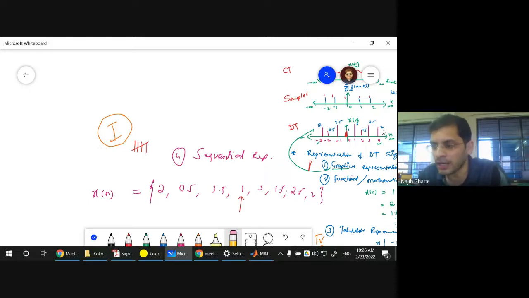No idea. I will assume it to be 0. So if someone asks me what is the value at 2.25, 3.25, 4.25, minus 1.25, so I will say I don't have sample. I assume to be 0. I interpolate as a 0. So 0 is an estimation, 0 is an approximation, 0 is an interpolation. Okay. So 0 is not the value given by discrete time signal. I assume it to be 0 because I don't have a sample available at that point. Okay. Because I have taken sample only at the integral values.